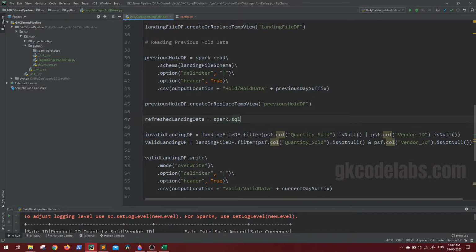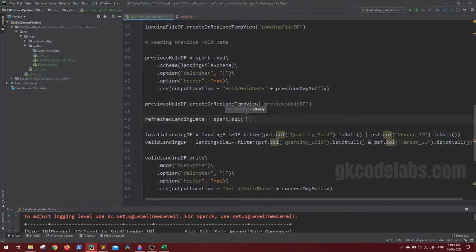Spark.sql. And after that, you have to mention the entire query in your quotes. Now again, my same advice. I have already told you how to read everything from a config file. If you want, you can mention the SQL query here. Otherwise, the same way as I have told, you can mention the SQL query in your config files and read it directly from there if you don't want to clutter the space here.